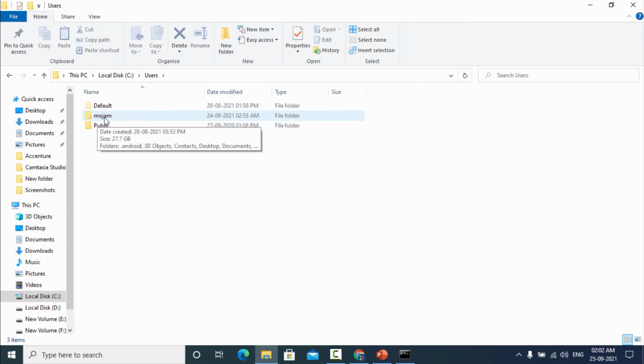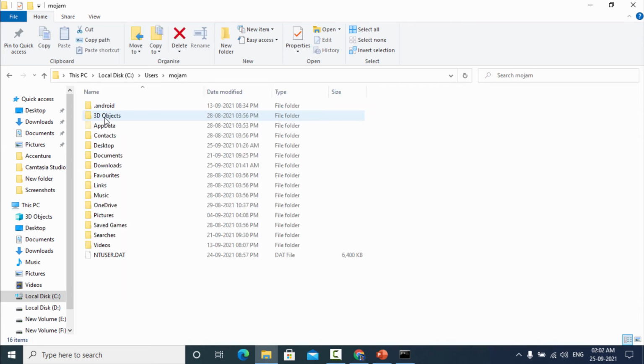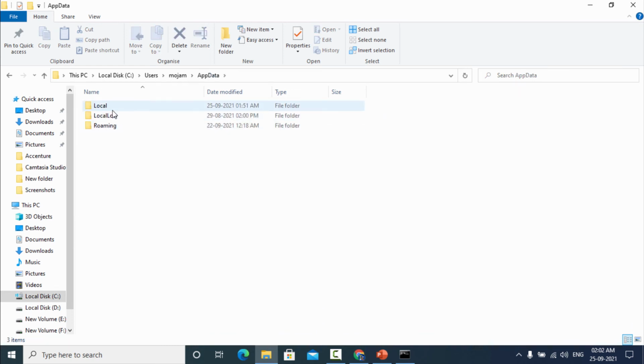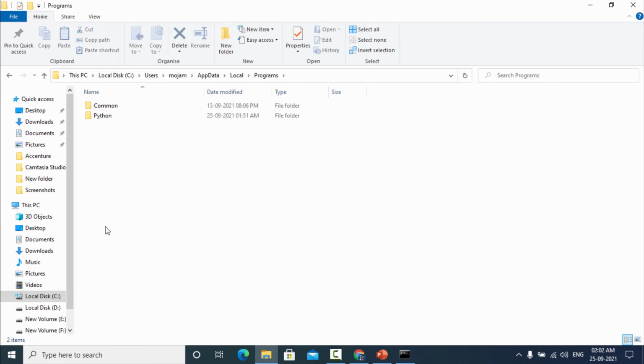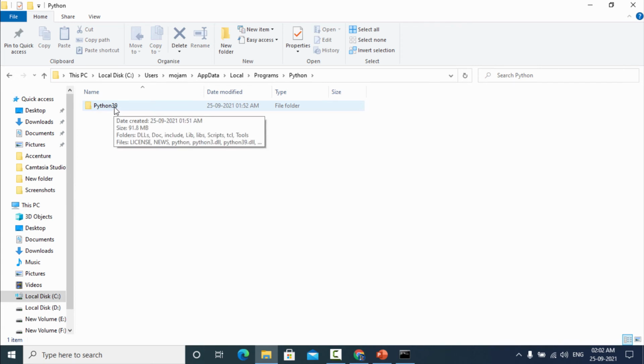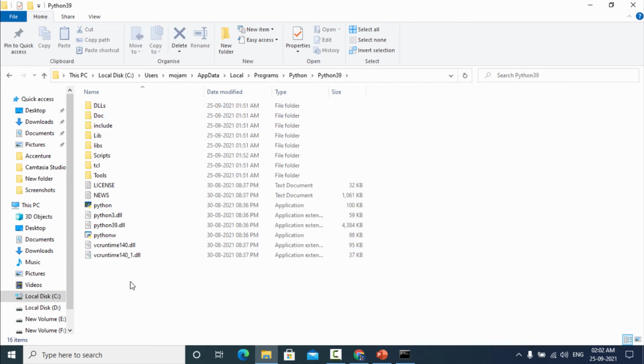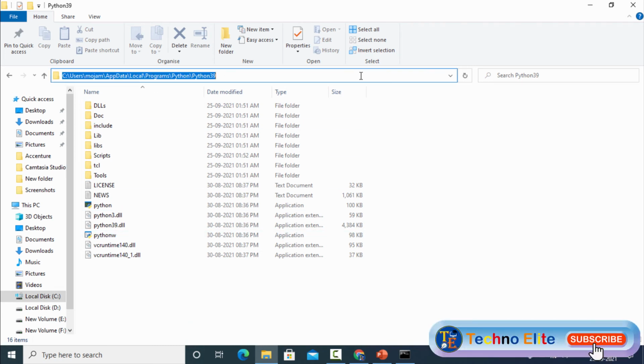Open the user where you installed it, go to AppData, then the Local folder, then the Programs folder. Here it shows the Python folder. We open it and see Python 3.9, which means 3.9 is installed in this folder. We open that too, and copy this path so we can set it in the environment variable.